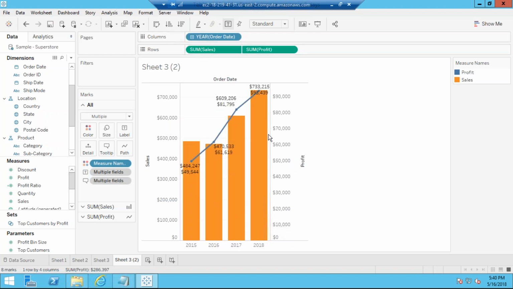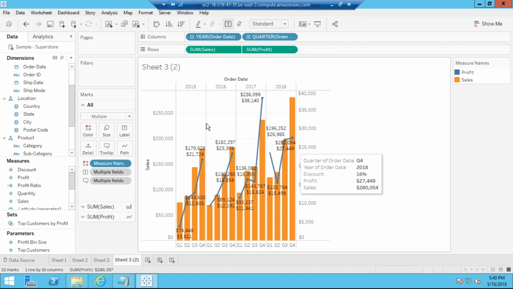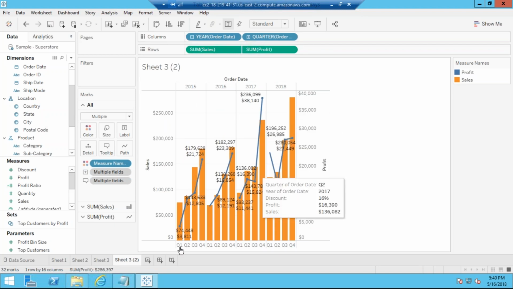Just click on that, and you have quarter wise. Where is quarter? It is coming. Sorry, it's gone again. So here you have the quarter wise, the year and their quarters. You see this? Again, we have this plus icon over here. Can you see this? Yeah, this plus icon. If you click on that, it will extend it again. So just click on that.